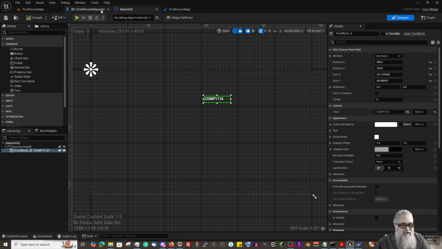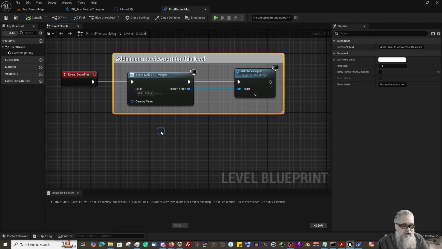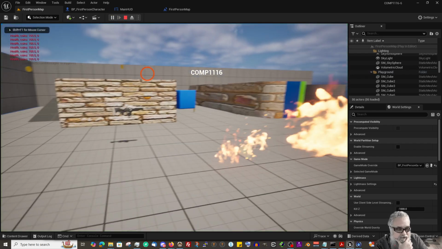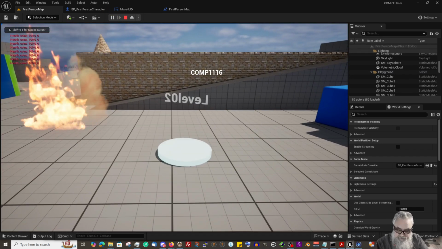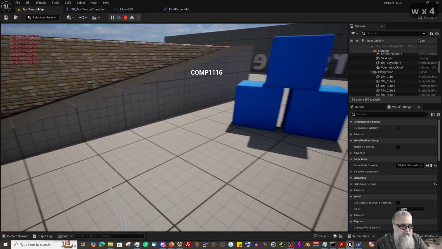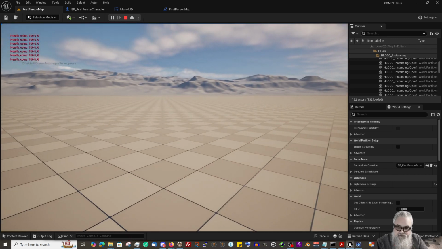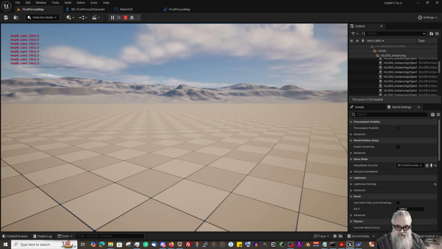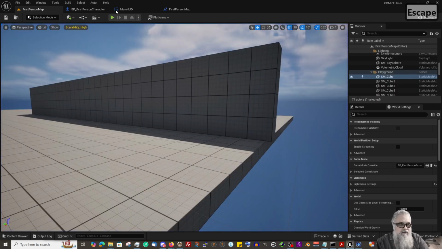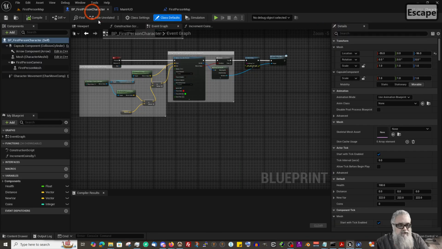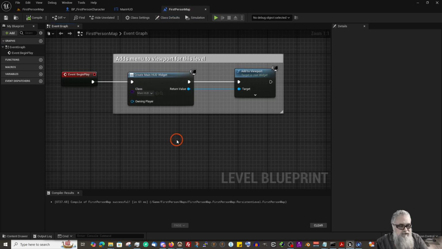and then in this case, I've chosen for demonstration purposes to add it to the level blueprint so that if we were to go here and go to level 2, it's not here on level 2 because our level 2 level blueprint does not contain the code to spawn that particular widget that was done in the level blueprint. So this, we may want this to go into,